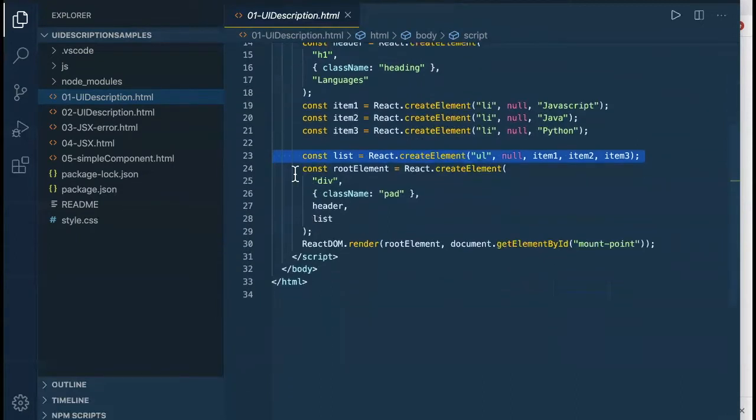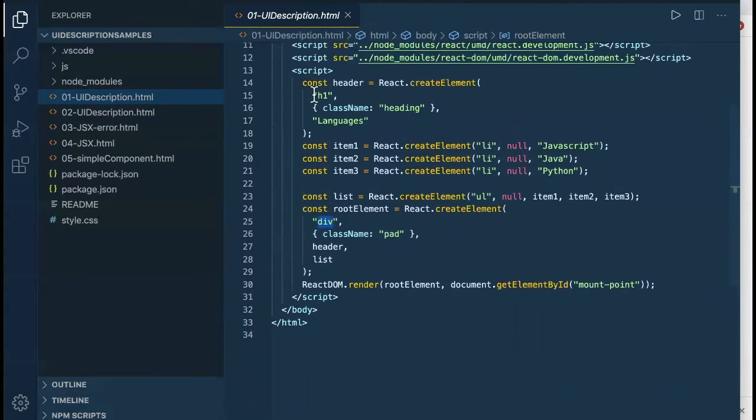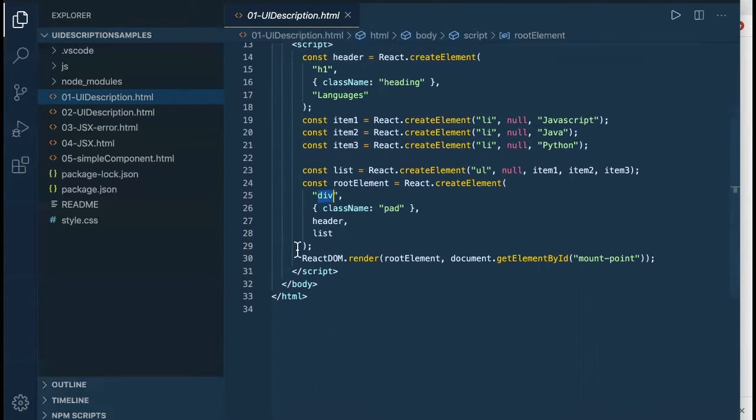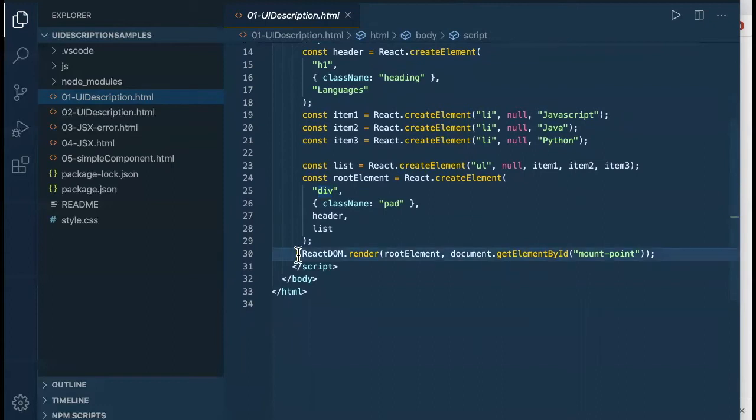I'm now creating a div element, and as its children, it has the header that I created at the start and the UL element. So it has two children. That's all well and good. So my div has an H1 element and a UL element, and the UL element has as children 3 LI elements. So I've created that structure, and finally what I'm doing on this line is